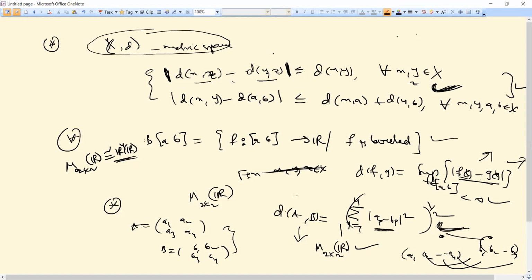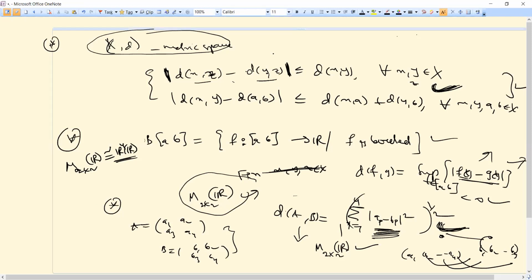I can use this idea in continuity. Remember this idea. It is the standard metric on M2, the 2 cross 2 matrices over R. I can use this idea in continuity. Is it clear? One can prove it easily, yes or no? The same lines, whatever you did for R^n, R^4, the same lines. Is it clear? Okay. Yes, sir. See, with this metric it is complete. Tomorrow I'm going to start